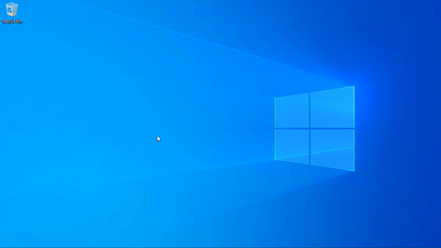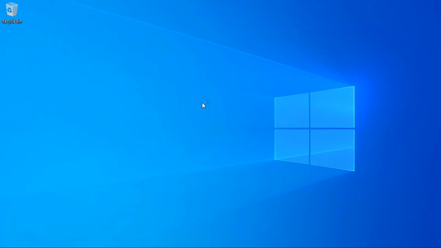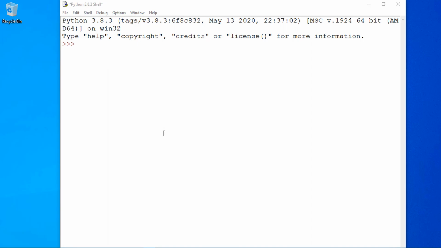Let's look at the Python Integrated Development and Learning Environment. I'm on my Windows machine. Let's go to the start menu and search for IDLE. As my IDLE is already open, let me show you how to create a basic calculator